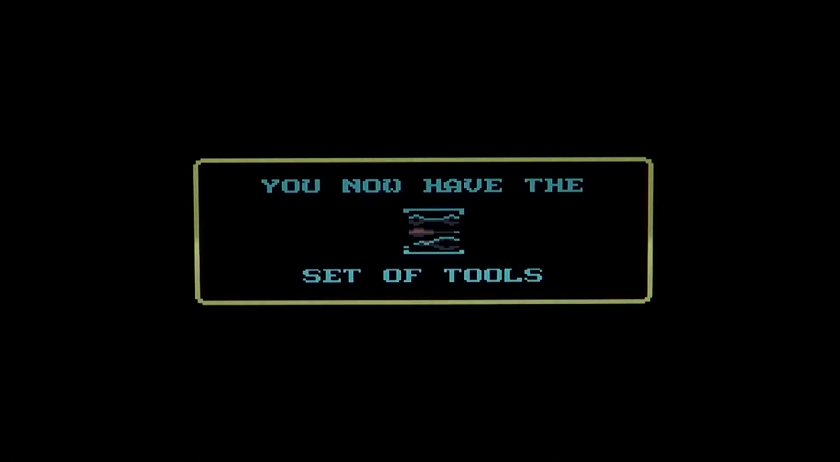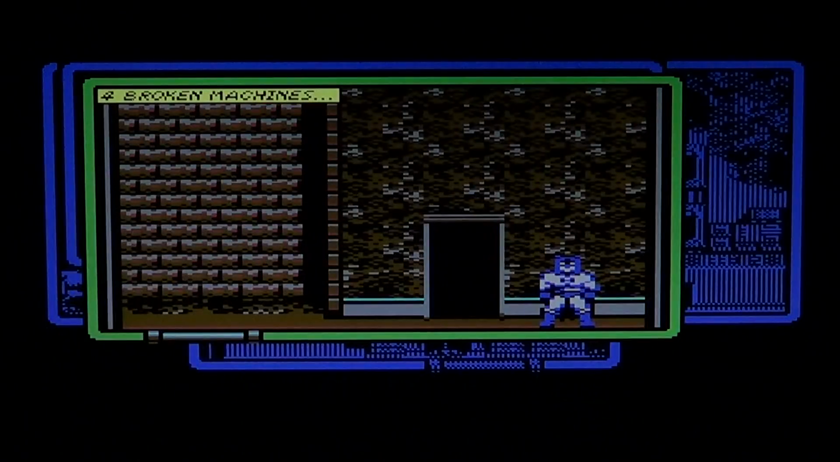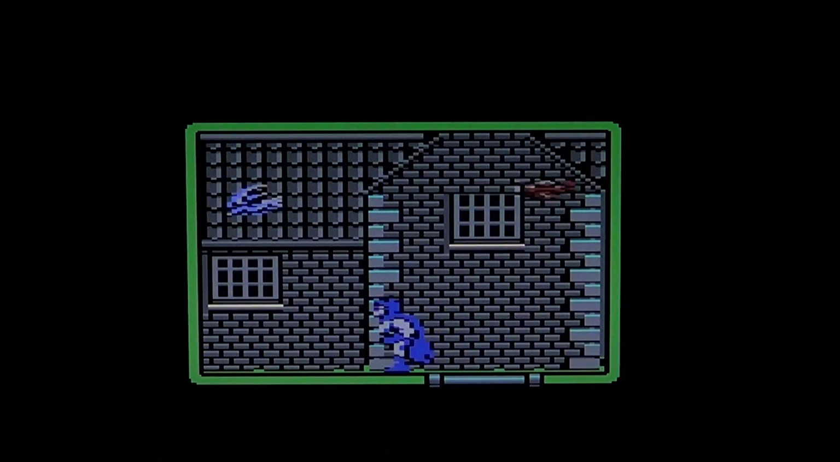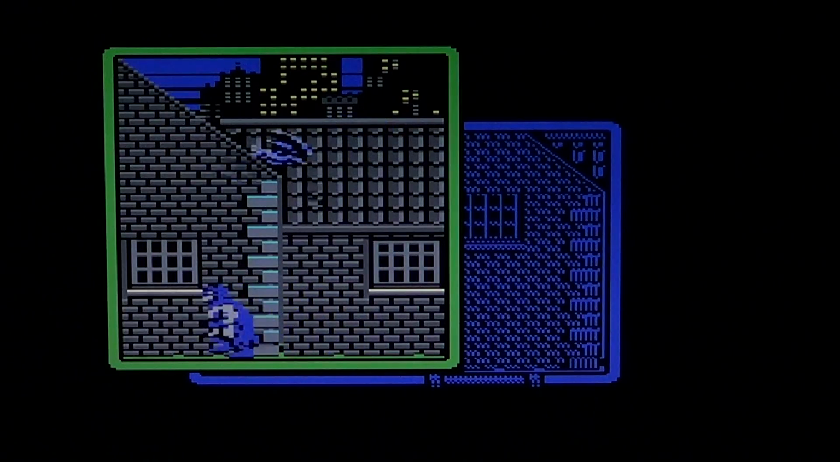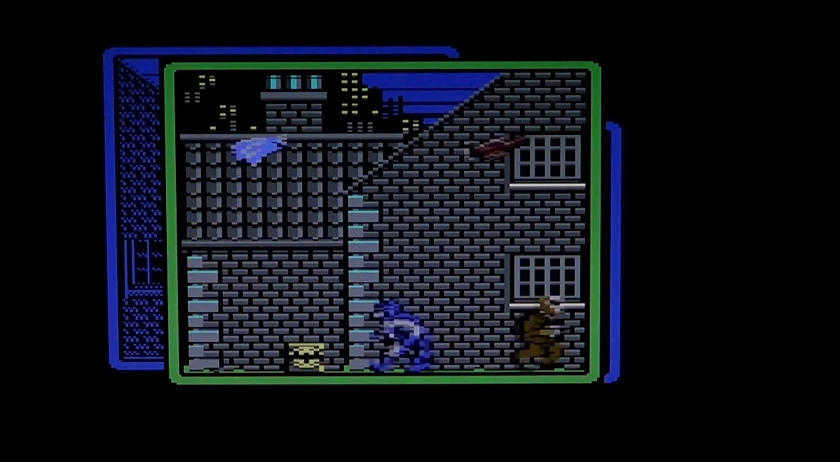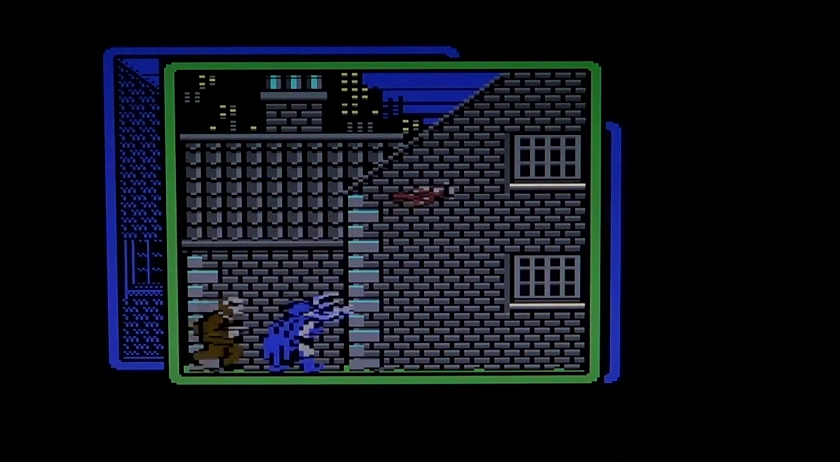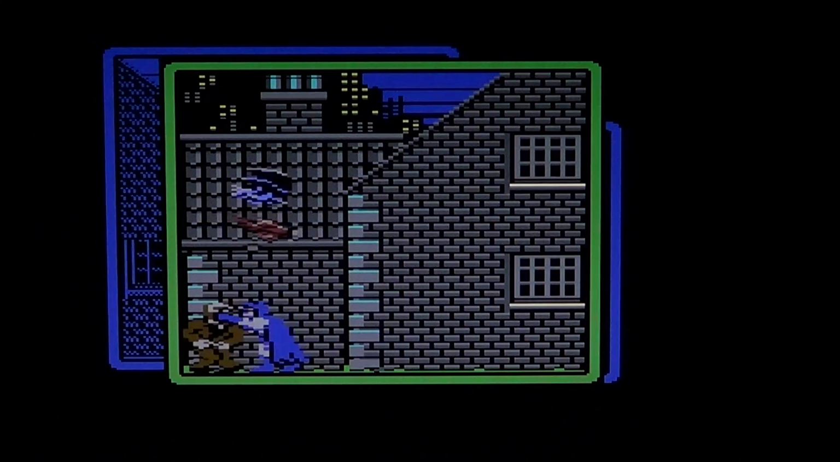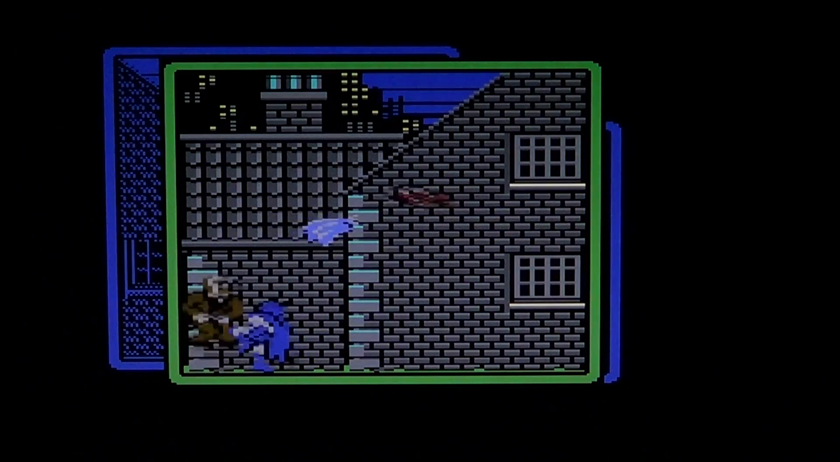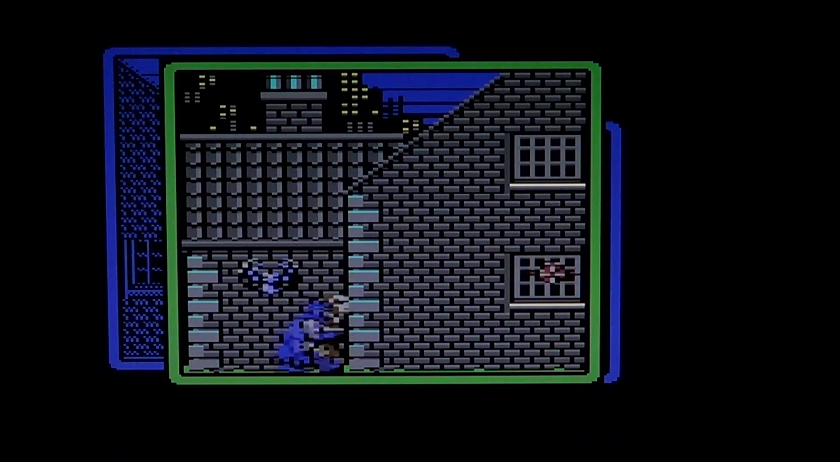And here you have the set of tools. So this is what you'll use to fix the computer, and so on. And here we're outside. You can see your enemies, so you can fight them. Here we go. And so this is pretty much how you fight them, with kicks and